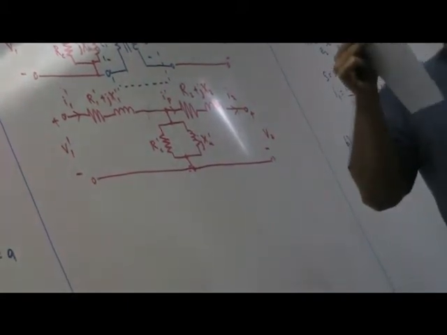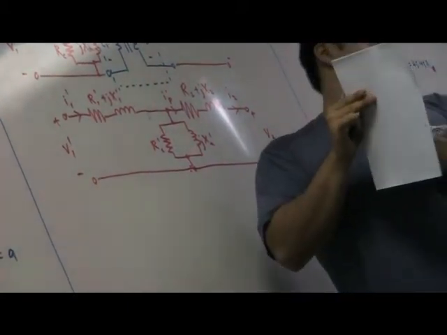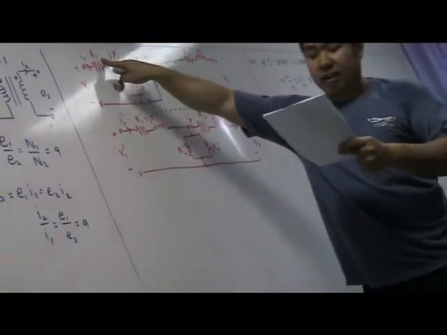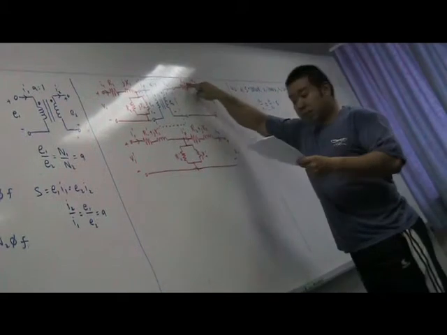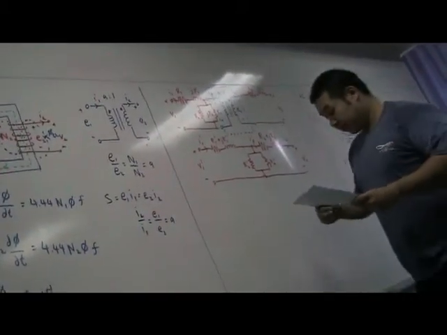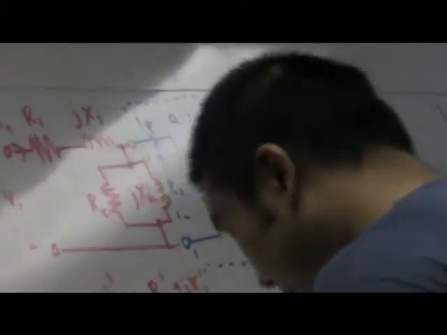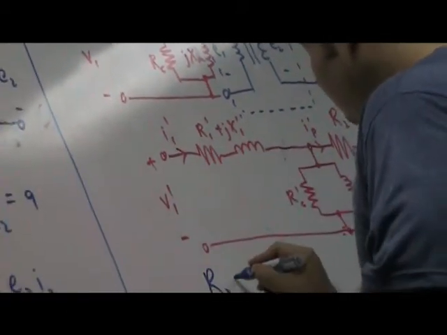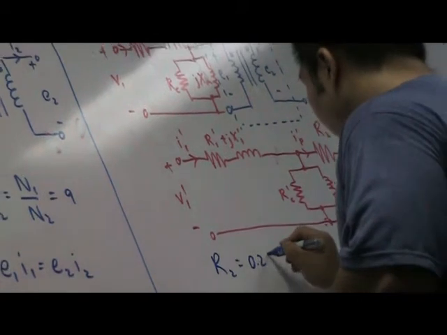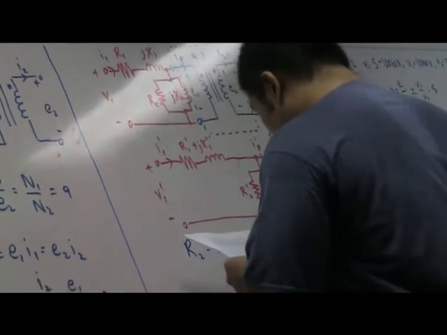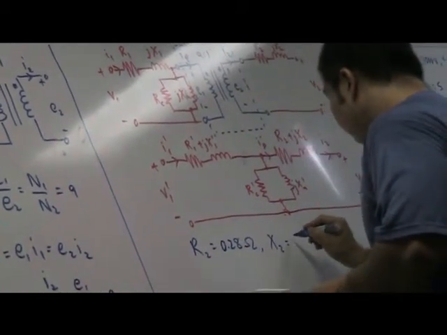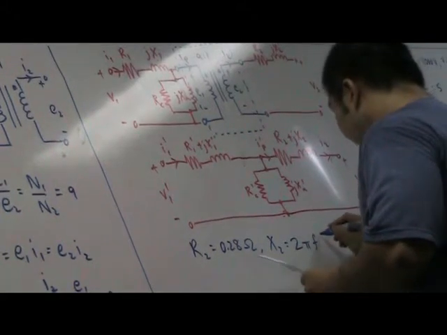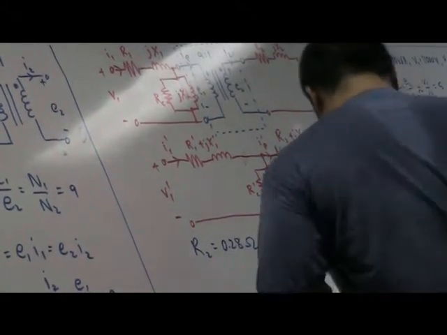Primary is 11,000 volts, secondary is 2,200. So the primary is high voltage and the secondary is low voltage. So the subscript 1 is the high voltage side, and subscript 2 is the low voltage side. So take R2 is... X2 is 2 pi F L2. So that is